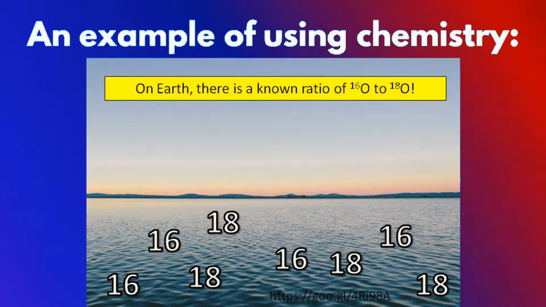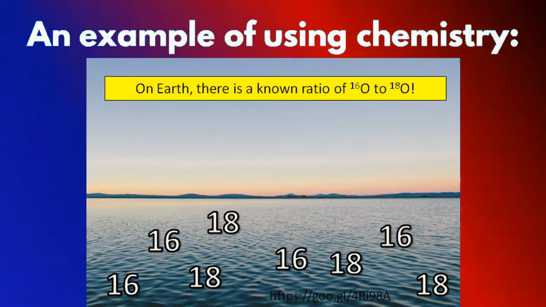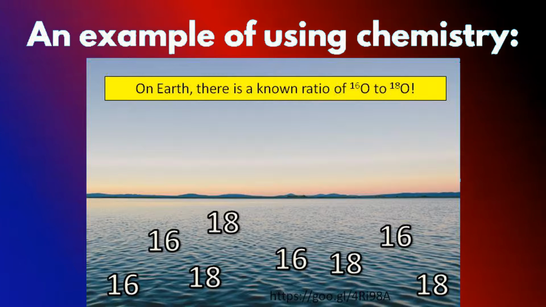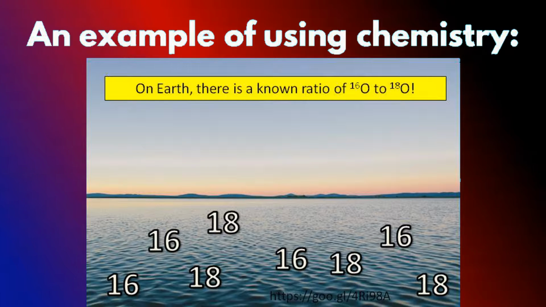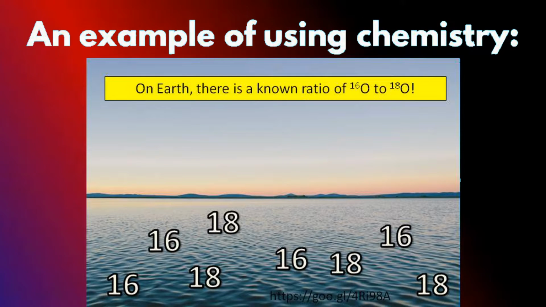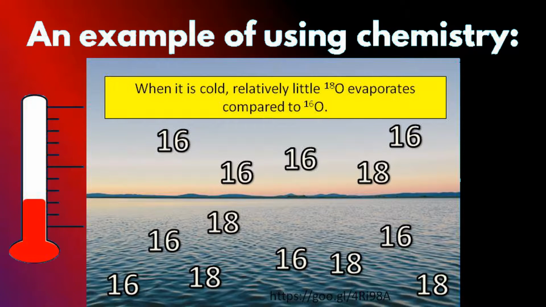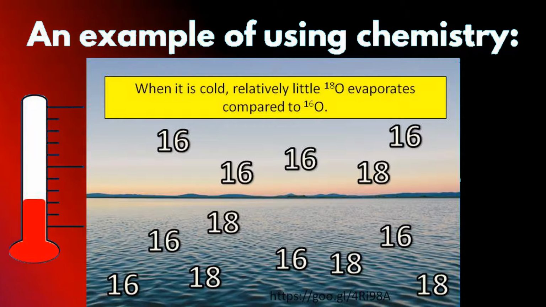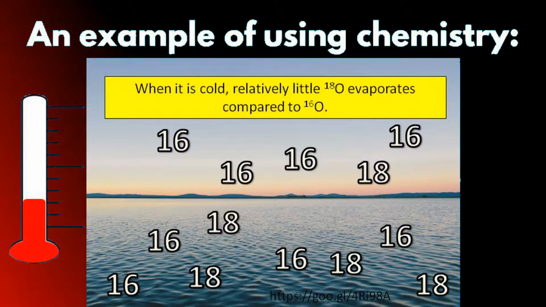So the 16s that are floating in the ocean are supposed to be water molecules with an oxygen-16 in them, and the 18s are supposed to be water molecules that have an oxygen-18 in them. All right, it's all water. You can drink it. Well, I mean, this is ocean water, you can't drink it, but water is water. It doesn't matter which isotope of oxygen it happens to have in it. But there are differences between this water. For example, when it is cold, these 2 different forms of water, having 2 different isotopes of oxygen in them, evaporate at different rates.